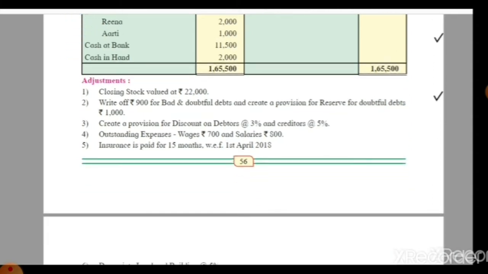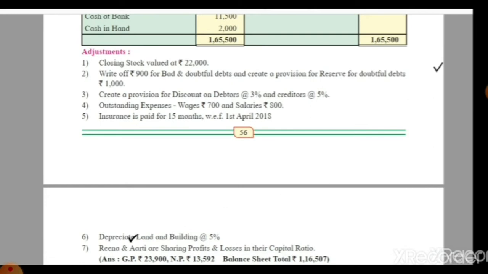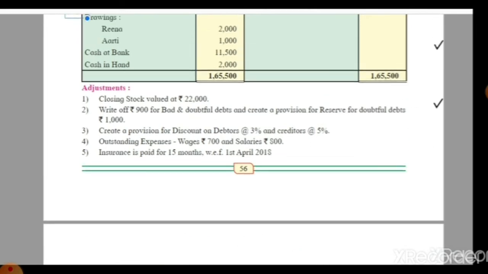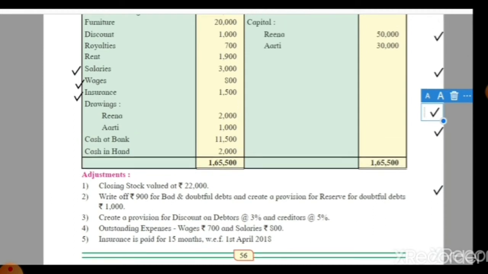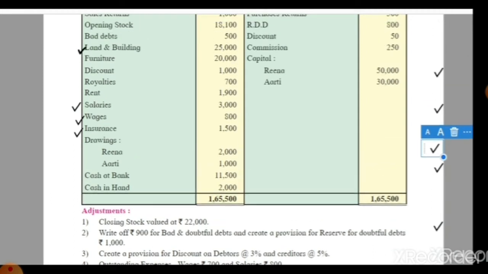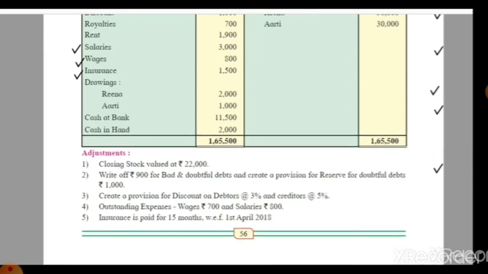Now we see the next adjustment, that is to depreciate land and building at the rate of 5%. Here depreciation is charged on the land and building, so we put a tick mark before the land and building, which is available in the trial balance debit balance list. Now we see the last adjustment, that is the